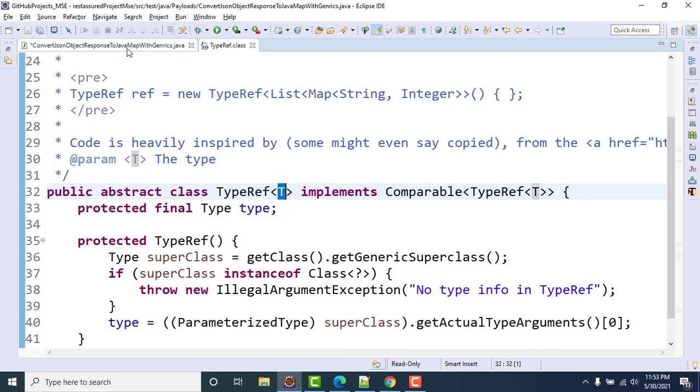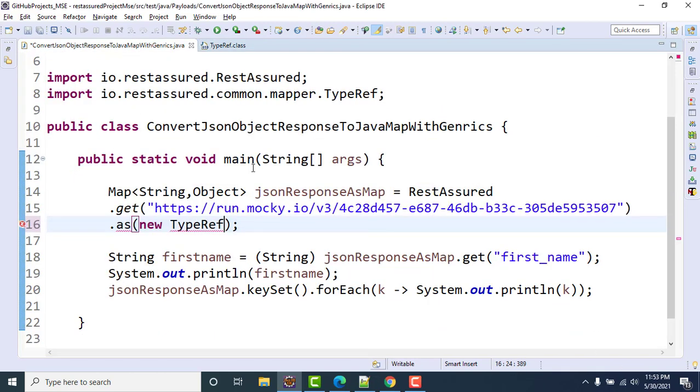So here I need to pass the type to which I want to convert this JSON response. I want it as a Map which has a String and Object, meaning the key should be a string and the values can be anything.